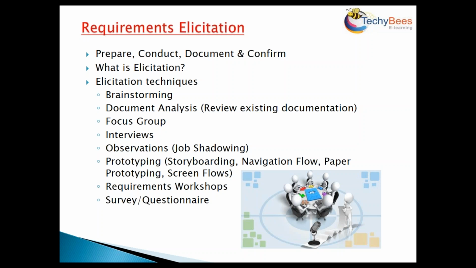You must know what input to capture and what is needed for the system to be developed, and how do you cascade it to different people in your company. So observations or job shadowing, as I told you, you'll be with your process analyst and you will see what they're doing. You'll make a note of it, you'll write down, or you will do some sort of capturing to understand what they're doing on a day-to-day basis, and then you'll come up with initiatives to automate the system.